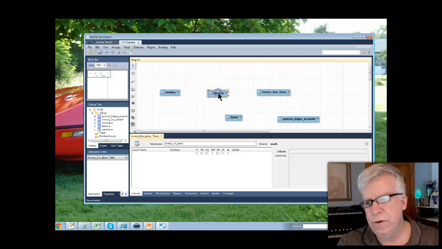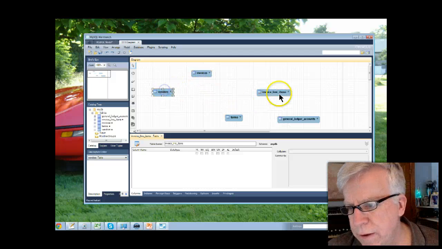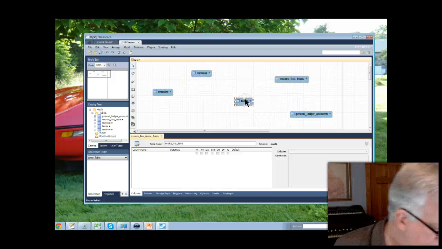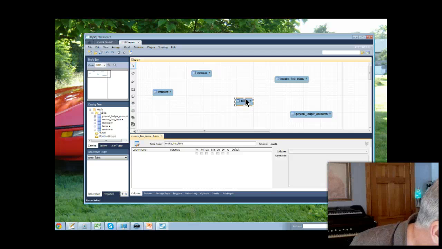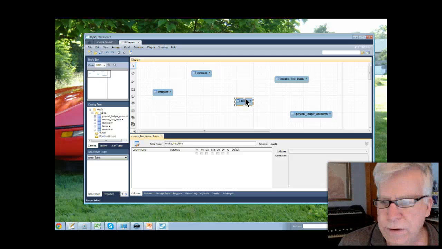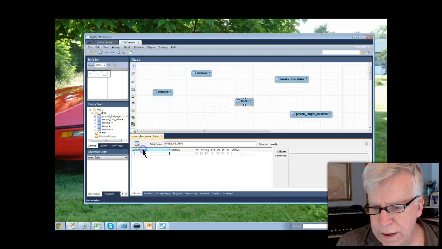Okay, so what I'm going to do is I'm only going to show you 2, and then you can play and figure out and do the rest of these. Let's take the terms table. The terms table has a terms ID, a terms description, and a due date terms. So if we click on there,